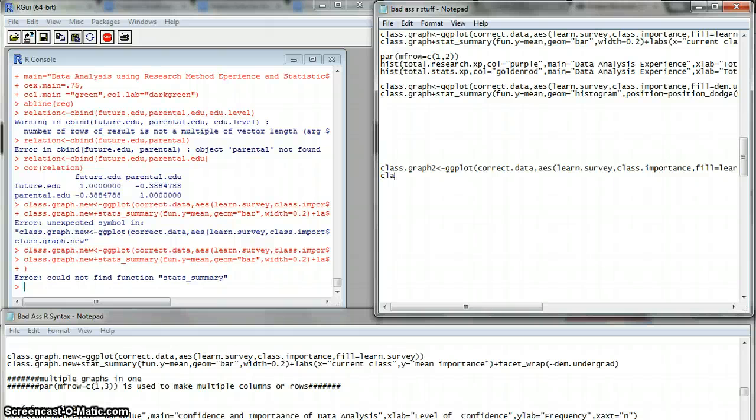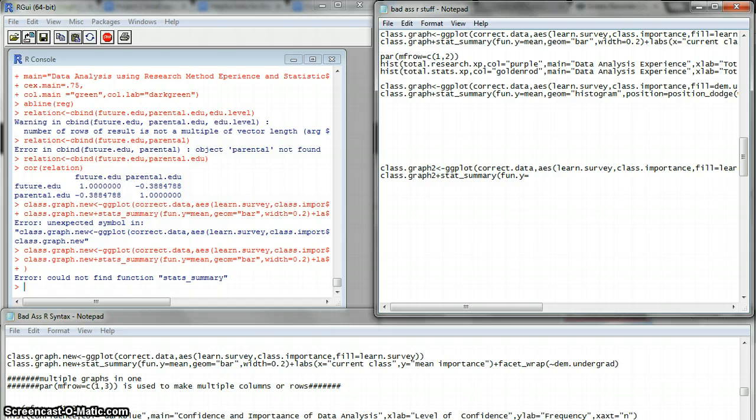But your second line is going to indicate everything about your graph. So you want to refer back to your graph, and then this time you want to do an addition sign. Everything's an addition sign instead of a comma. So you're going to do stat_summary, and then type in fun, which I believe stands for function. Y. Your y is going to equal the mean, and your x, or your geom,